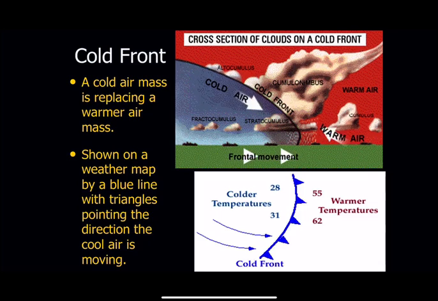Let's look at a cold front. A cold front is a cold air mass that is replacing a warmer air mass. Shown on a weather map by a blue line with triangles pointing towards the direction the air is moving. Because the triangles on this line are pointing to the right, the cold air is moving towards the right, displacing the warm